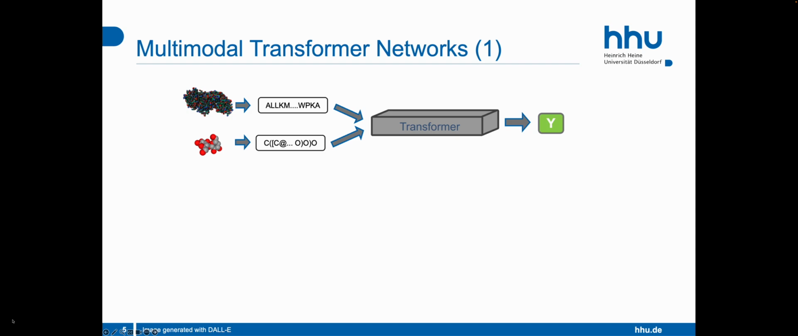To achieve a model that can represent both modalities, the protein amino acid sequence and the small molecule SMILES string in the same input sequence, it would be desirable to use a transformer network that can process the amino acid sequence of the protein and the SMILES string of the small molecule in the same input sequence. To achieve this, we can look at transformer model architectures that have been developed in the last couple of years